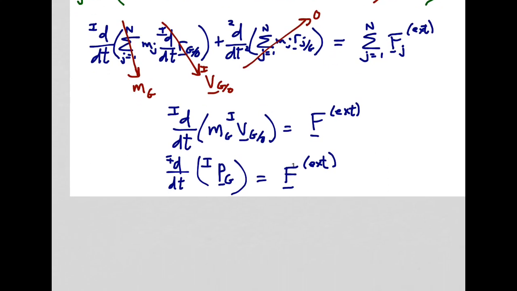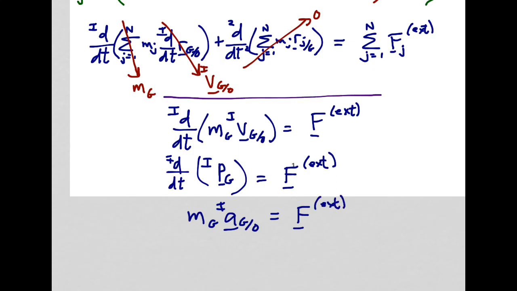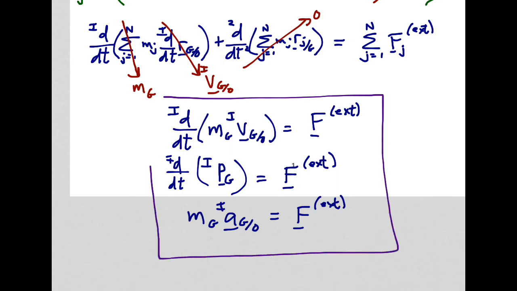And also we can write this as mg multiplied times the acceleration of G with respect to O, as observed in the inertial reference frame, is equal to the sum of all the external forces. So any of these three expressions is a nice concise way to tell us about the motion of the center